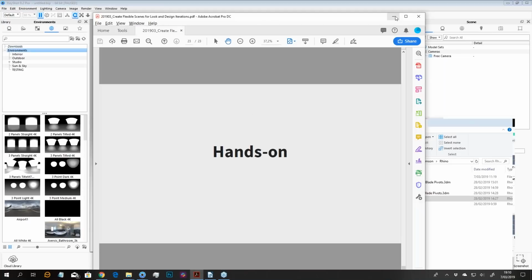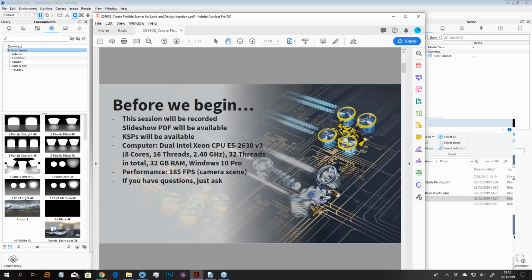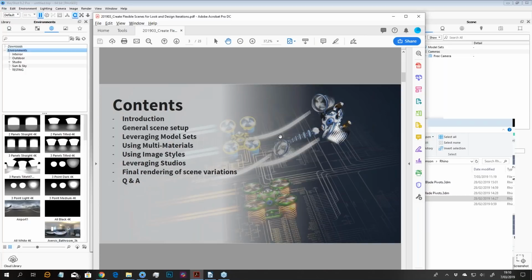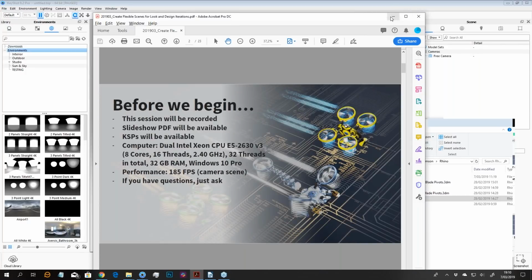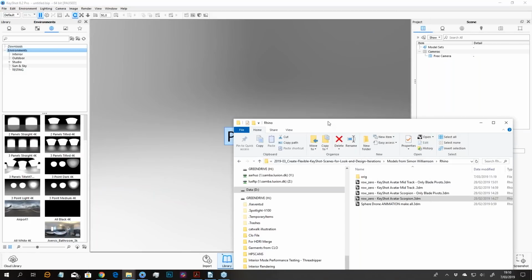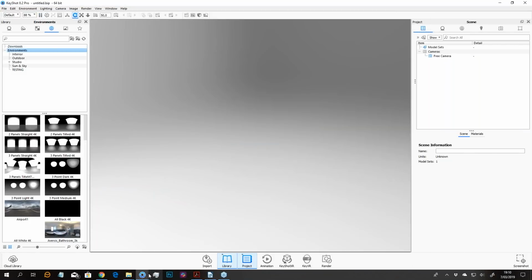So yeah, this was a very quick overview of the features I wanted to cover, and now I will get straight into KeyShot. And as I said before, I do want to start with a little overview of the scene as I set it up here. So let me start